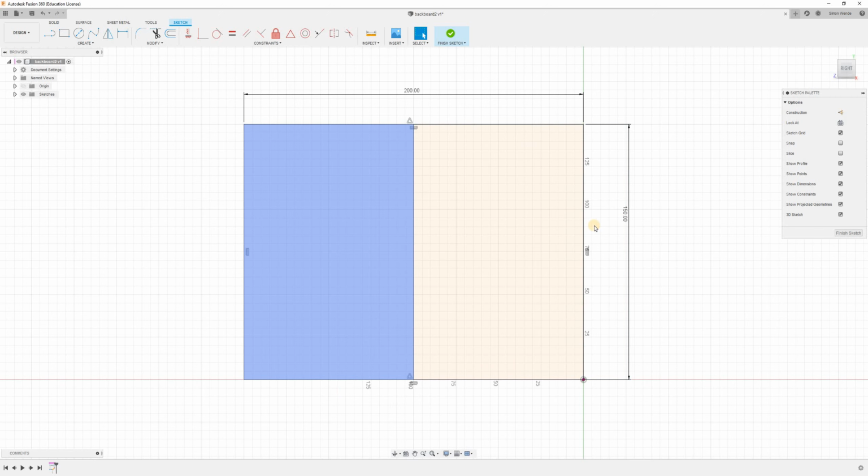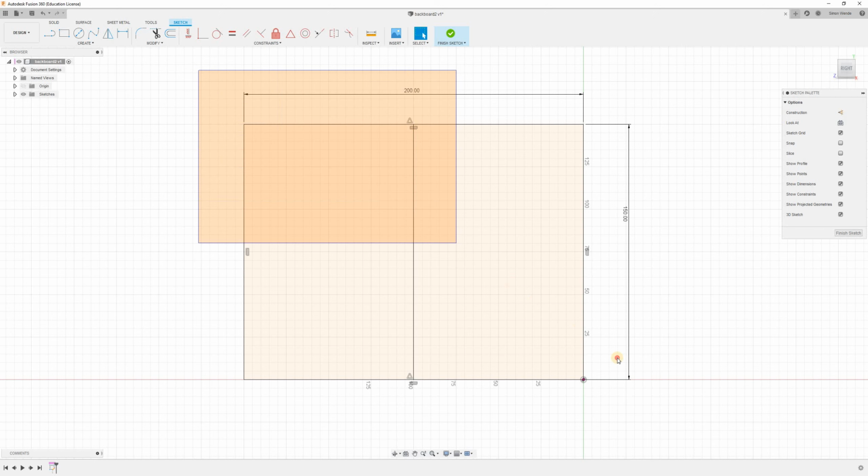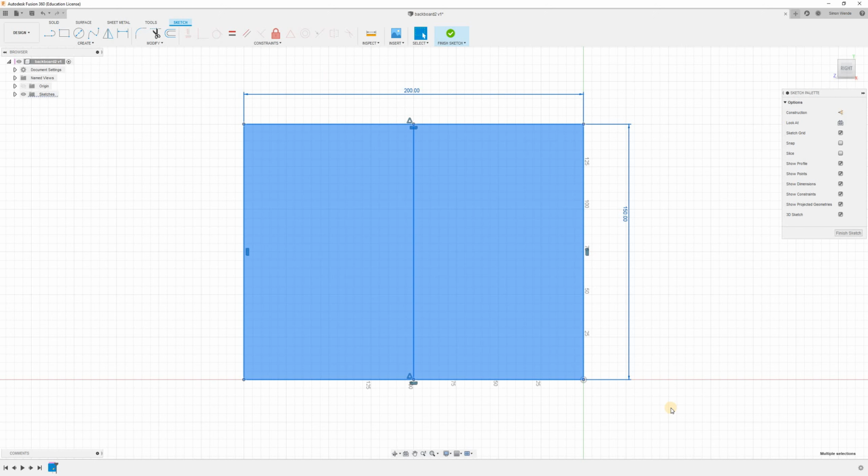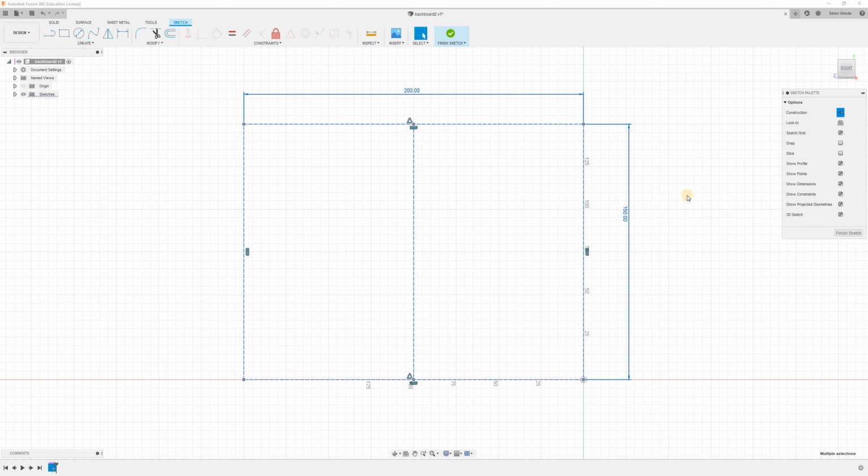Now what I've drawn so far is just going to be a guide. So I don't actually want it to print out or actually exist apart from as a guide. So I'm going to drag a rectangle around all of it so that I've selected everything, and I'm going to click on Construction. So now the line that was solid is now a dashed line. That means it's a construction line, and it's only visible. It doesn't actually print or form part of my model. We can see because this is still selected, it shows that it's a construction line that's selected. If I click out,